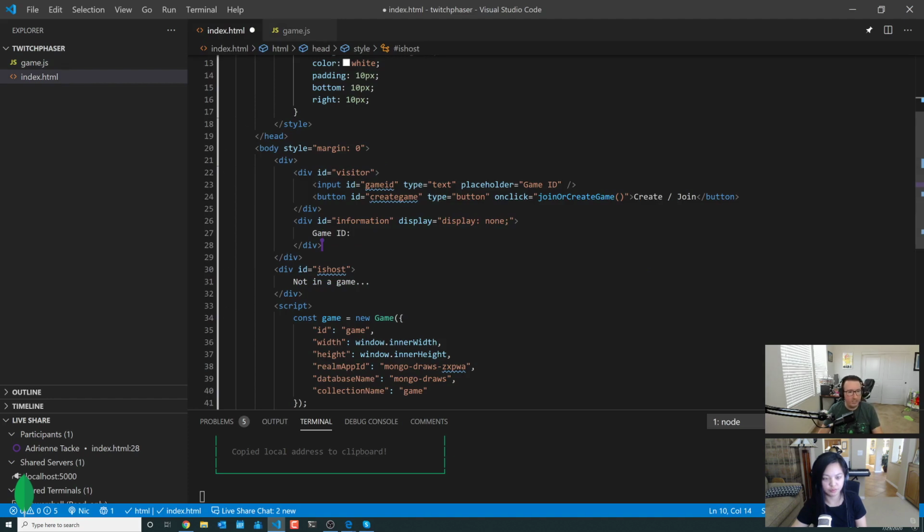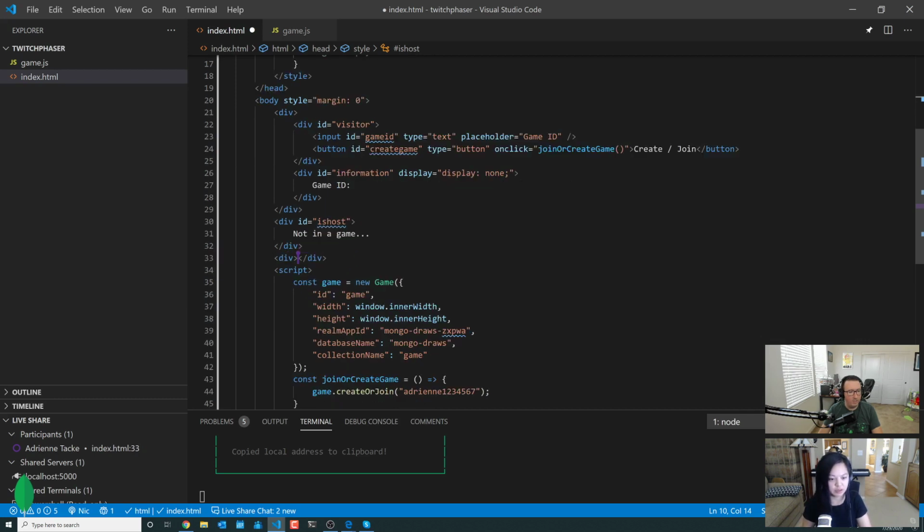Do we need a container in the HTML and CSS that you added, like a container element, or do you think it'll render correctly? I think it needs a container. So let's see. We need an actual place. Did we call it anything specific? Yeah, we called it game on line 36, even though we never actually used it yet. Should be it, right? Yeah.